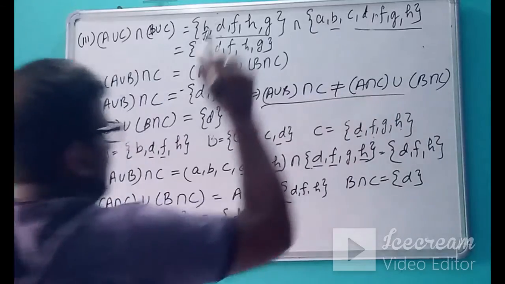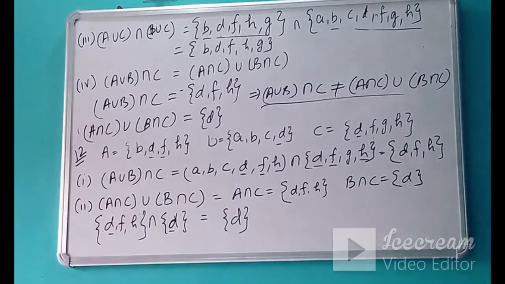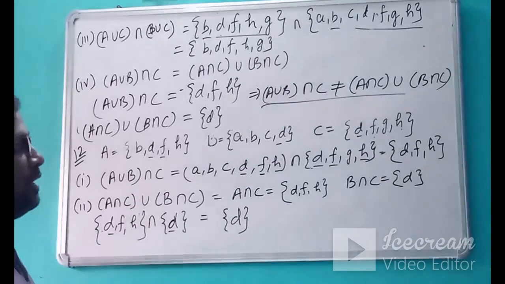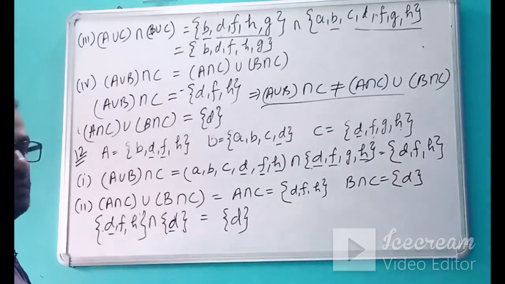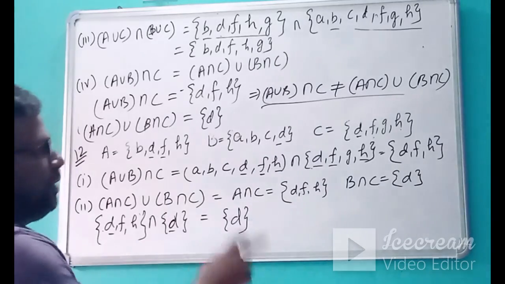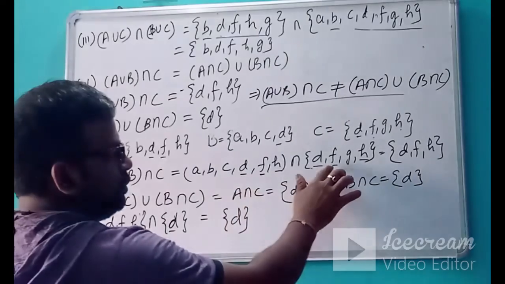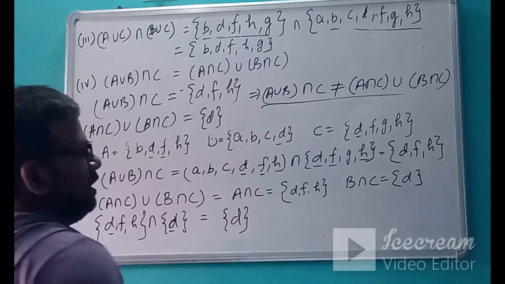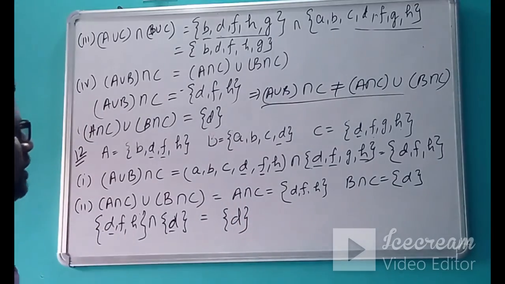Okay, so like this you can calculate the intersection of two sets. Again I am repeating, first you have to convert the set into the roster form if it is not given. Then for calculating the intersection of the sets, you will take the common elements present between the two sets. Then you will write those common elements in curly brackets. This is how you can calculate the intersection of the sets.